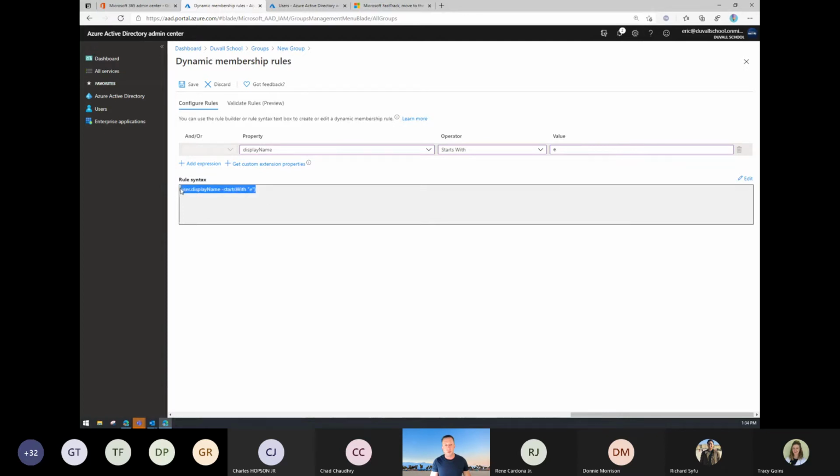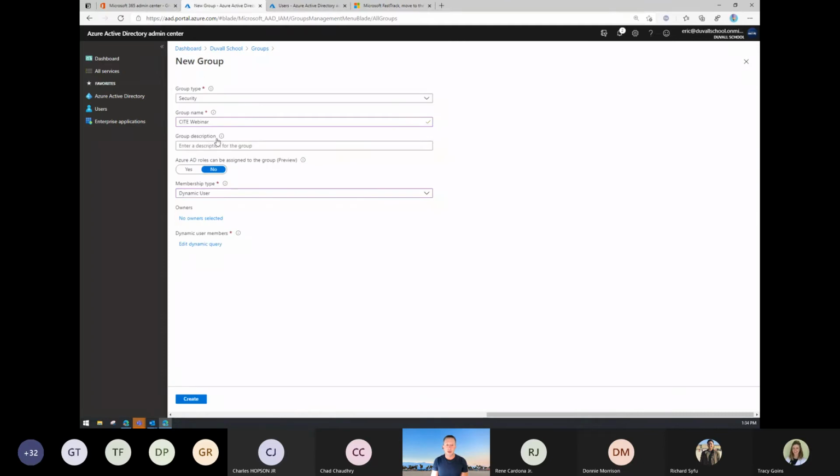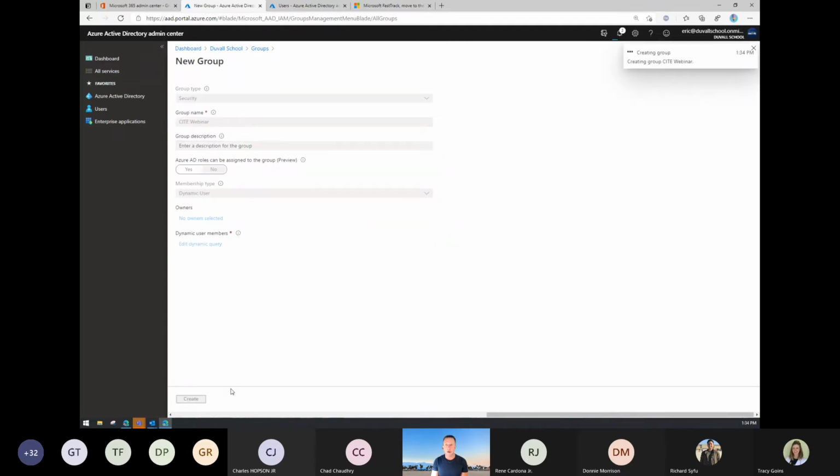So it writes the query down here, for all of, other people. You can go and edit that query if you really wanted to. There's some advanced capabilities with that, but I just like to use the simple GUI based editor here. So in this example, it's going to add all of the people whose name starts with the E to that. And I just click save and I go through and I click create, and that's going to create that particular